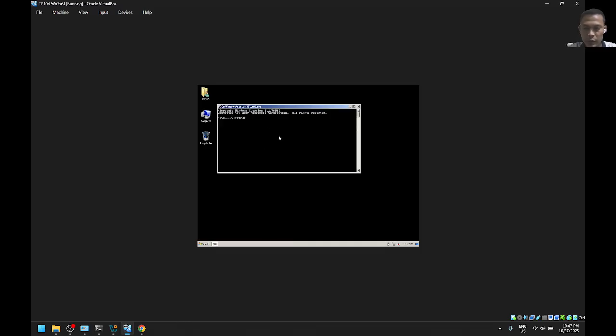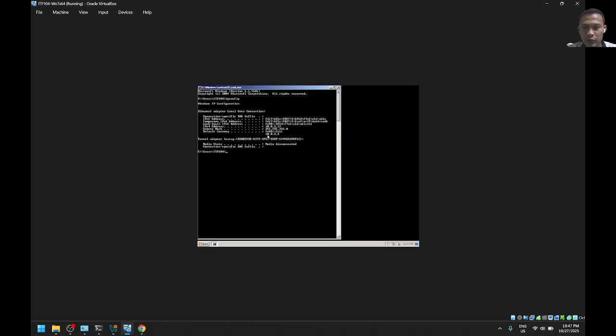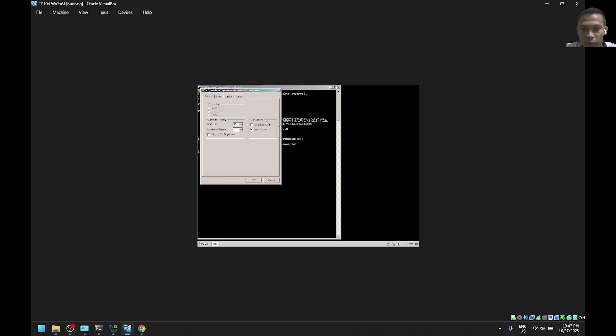Then type ipconfig. In this part, I'll try to maximize the size, the font size maybe.